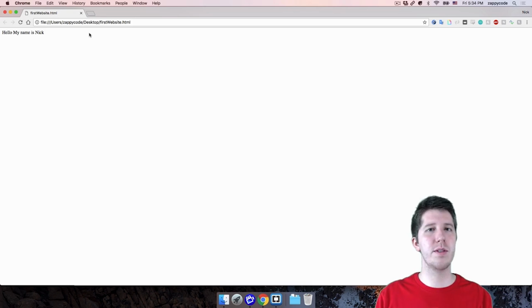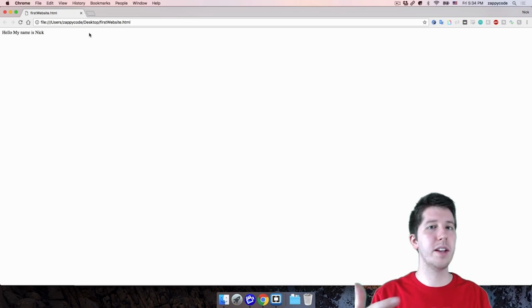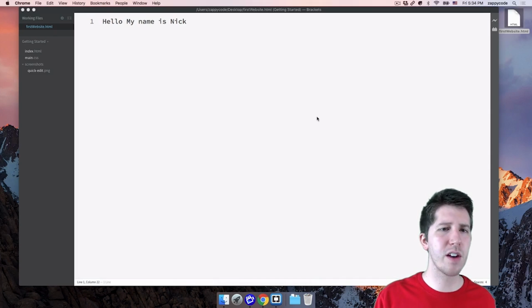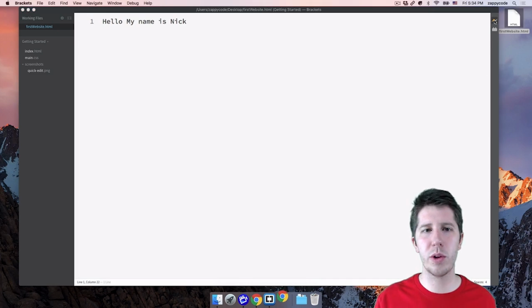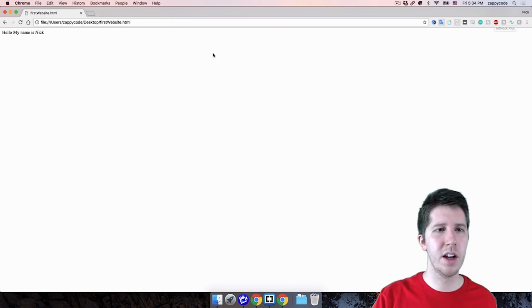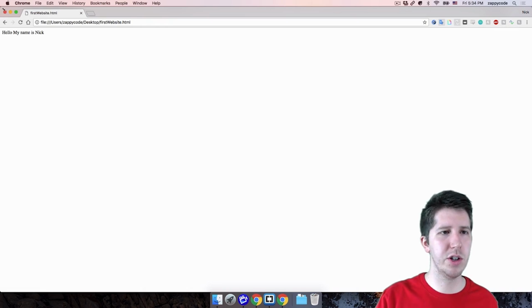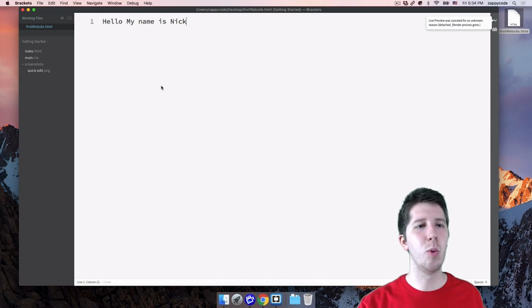And we can use some special things in HTML to make our website look cool, but at the end of the day, a browser just shows a file, all right? And for the remainder of the course, rather than just directly open this file in Chrome, we're going to use this cool little lightning bolt here, which Brackets sets up its own sort of little web browser. And this will just allow us to edit things a little bit cleaner and see what happens with the code. But I just want you to know that you could just directly open an HTML file if you wanted to.